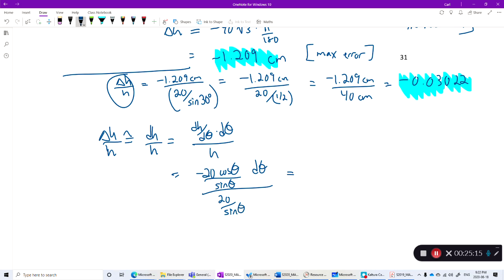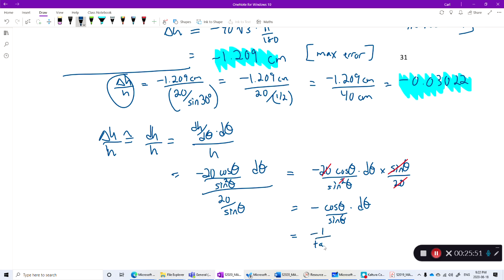Dividing by a fraction is the same as multiplying by the reciprocal. So now this 20 is gone, and this sine theta cancels. So I get negative cos theta over sine theta d theta,